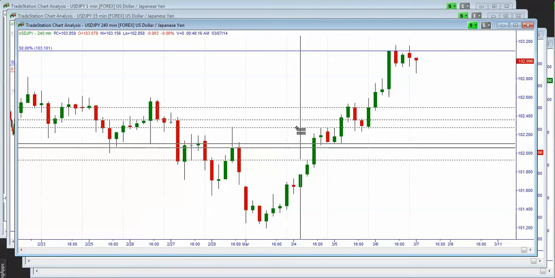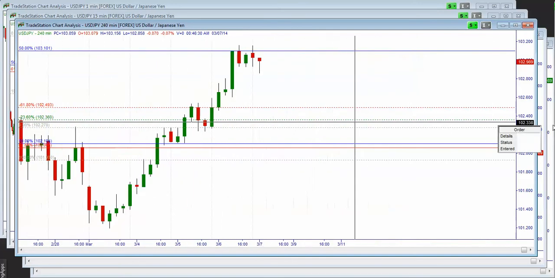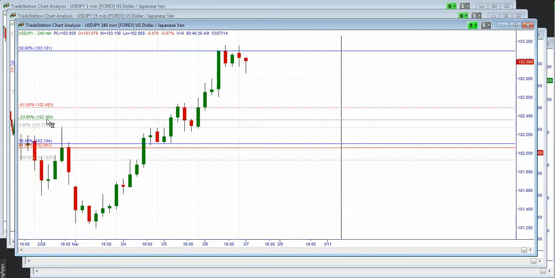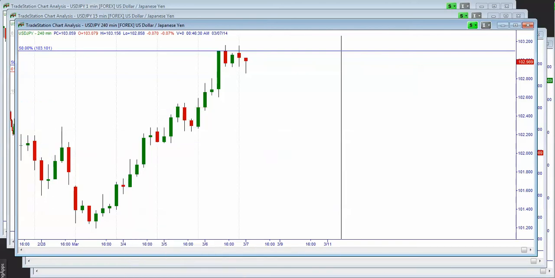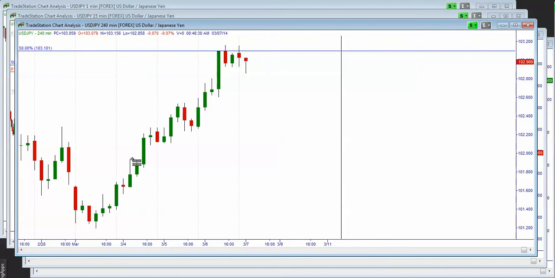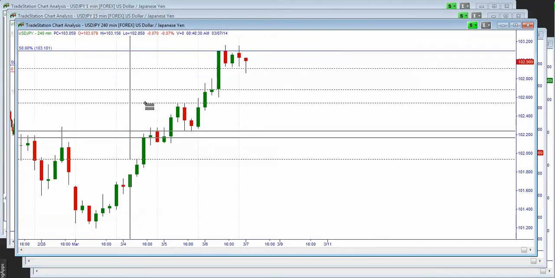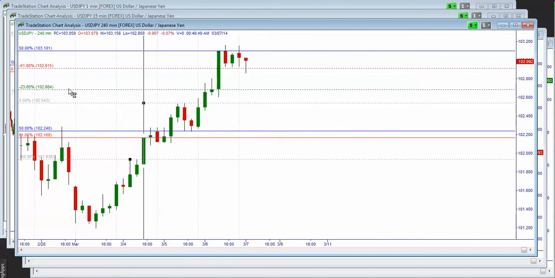We had this first move, support at 102.10, with price moving into first and second target respectively, 102.36 and 102.50,